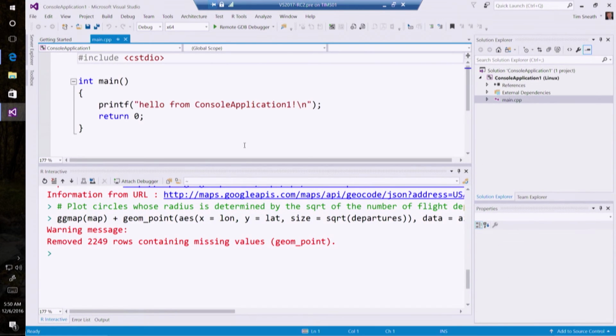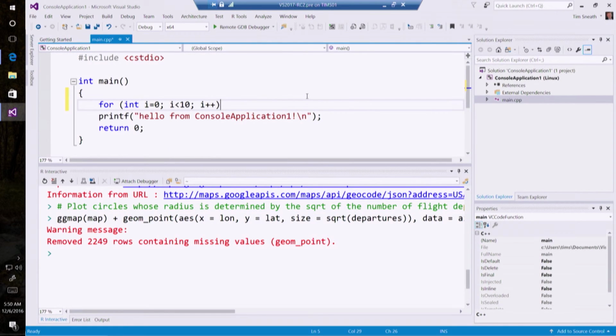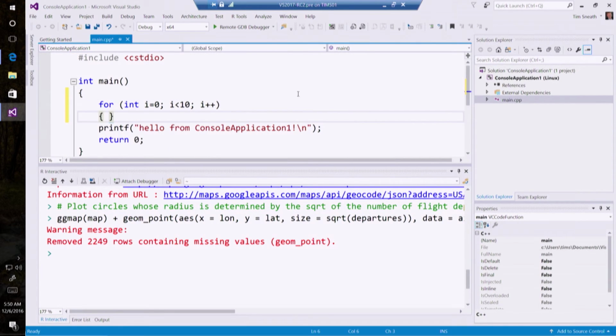And so I've got here my main function. And this is pure C code intended for compilation to run on Linux. So I've got just a simple printf statement here. Let's go and add something like int i equals 0, i is less than 10, i++, and press, let's put in some,